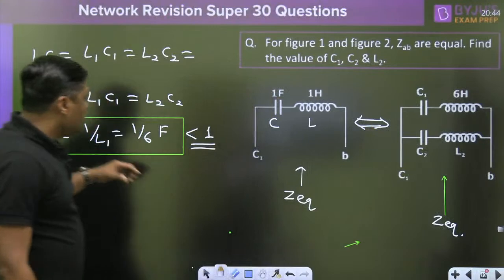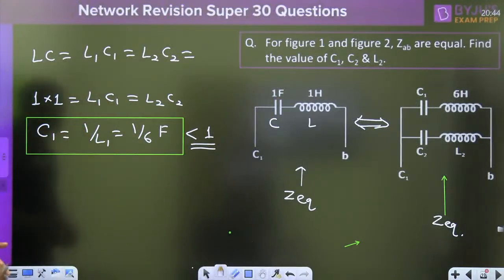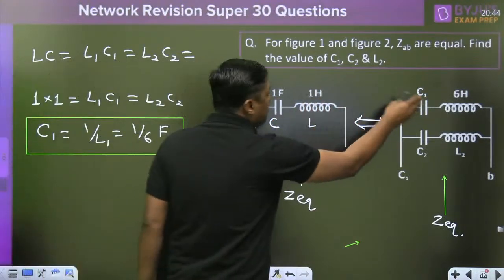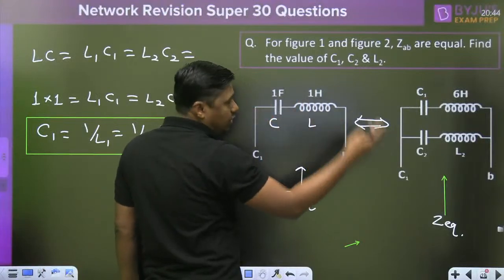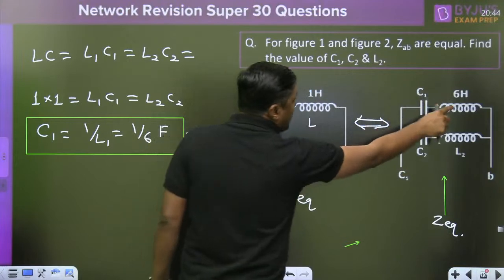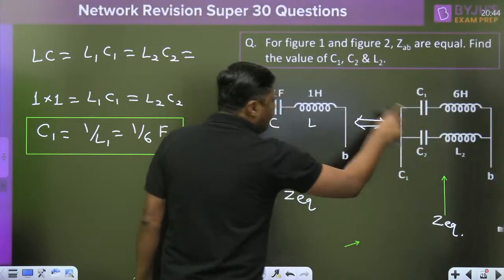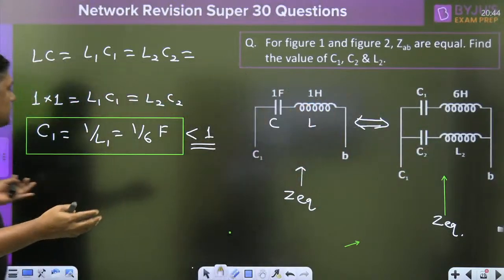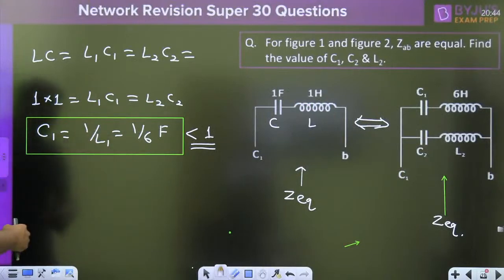Okay. तो अब देखिए यहाँ पर, if you have idea, this value of the capacitor should be less than what? This value, then definitely you can choose the option. C2 will be always less than C. L1 greater than L2, also greater than what? 1 Henry. So that is 1 by 6 farad.